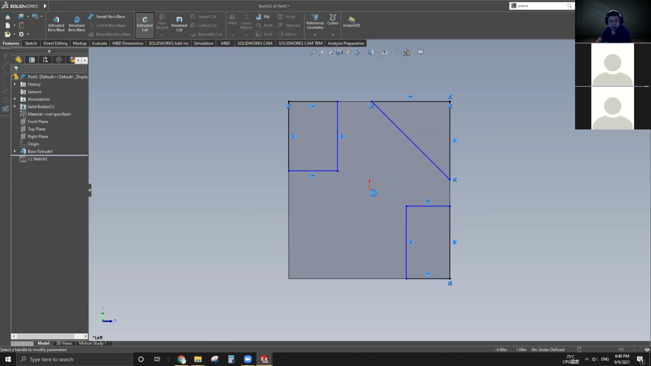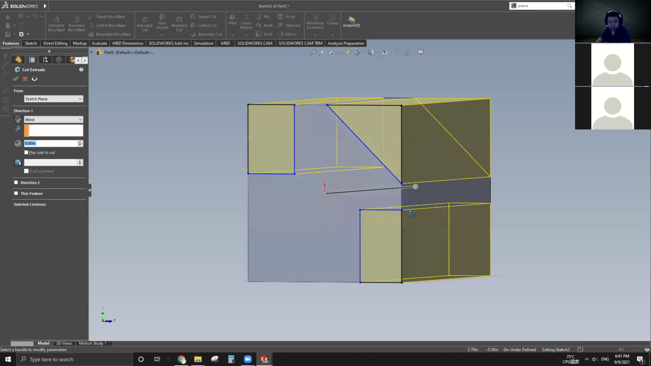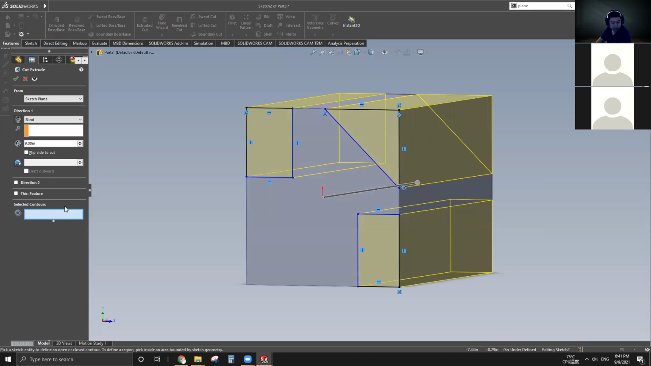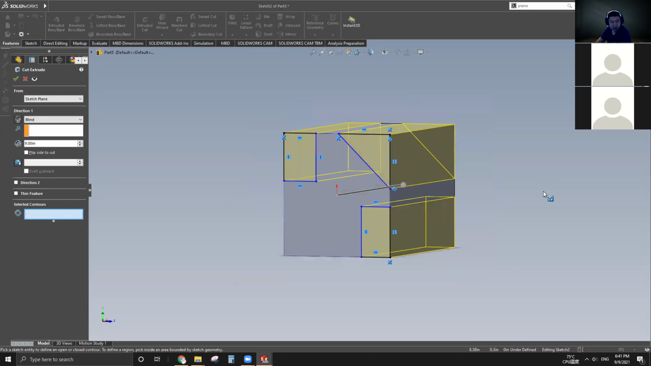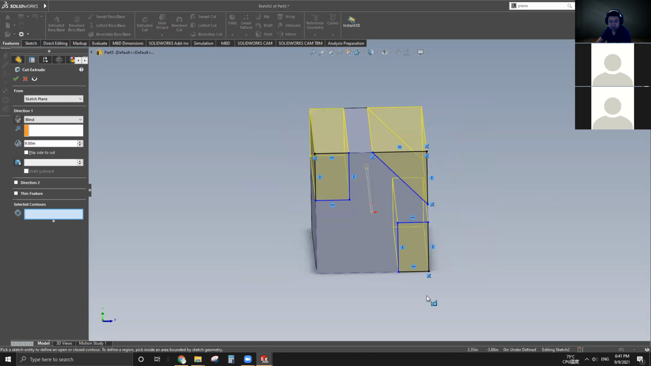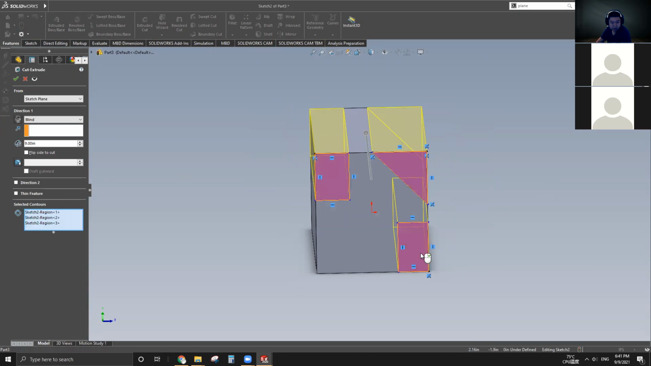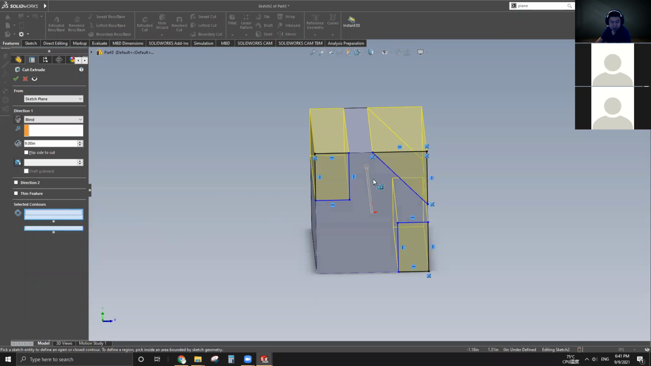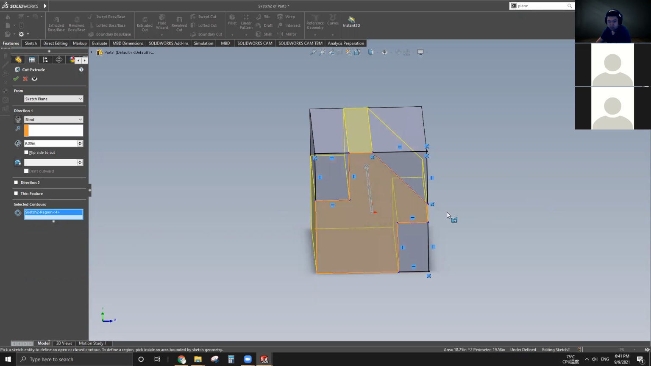So extrude cut. And you can see it automatically selects the preview since we just made these three geometries, right? However, at the bottom, select the contours. You still need to manually select them just to make sure it doesn't cut anything you don't want to cut, okay? Otherwise, if you didn't select all those contours, the computer might think, okay, this is something you want to cut,